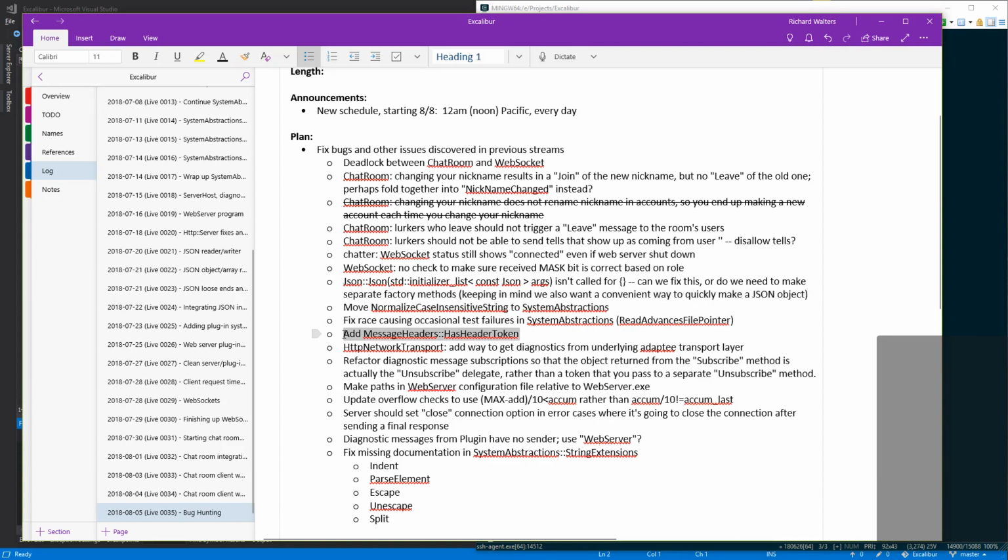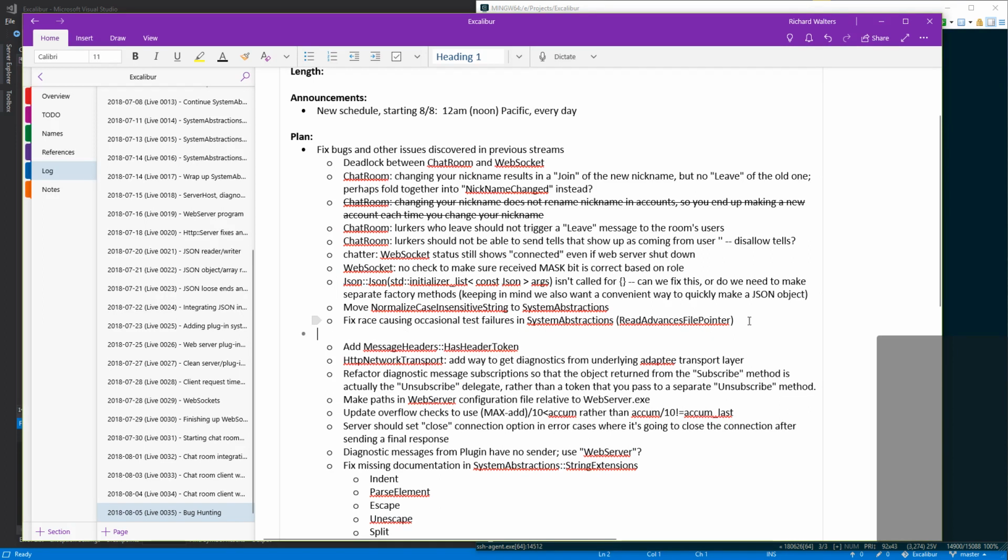So next, add message headers has header token. Yeah, because we use this in a couple places. So we're moving away from bugs more to little random things I wanted to clean up or add. Yes, I really should say here, add miscellaneous nice to have features.